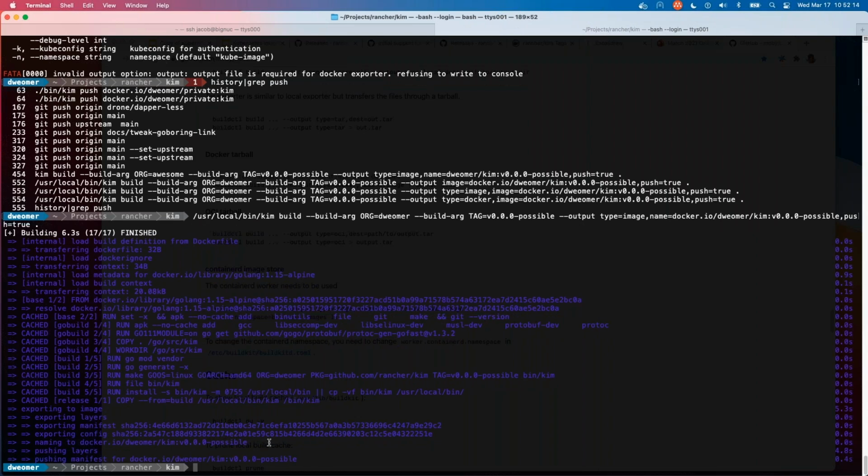So what the KIM client has done is invoked BuildKit to build the image, and also when it's done building it, push it to Docker Hub, right? So if I just do a Docker pull, because I don't have Docker installed, we can